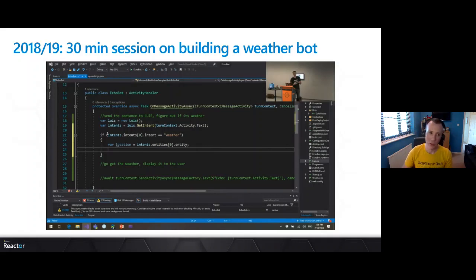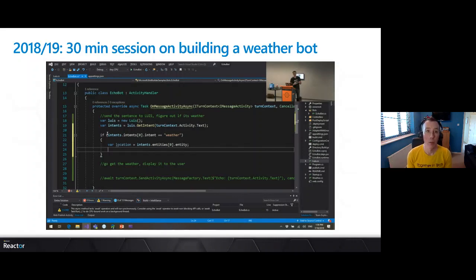You shortcut all of the setup, so that cut in half the time. I think this is actually me at the London Reactor, the real in-person London Reactor, giving that talk in 2019, building that same weather bot in 30 minutes. It still involved lots of code, and I started to get feedback from people saying, this is great, but what if I'm not a developer?